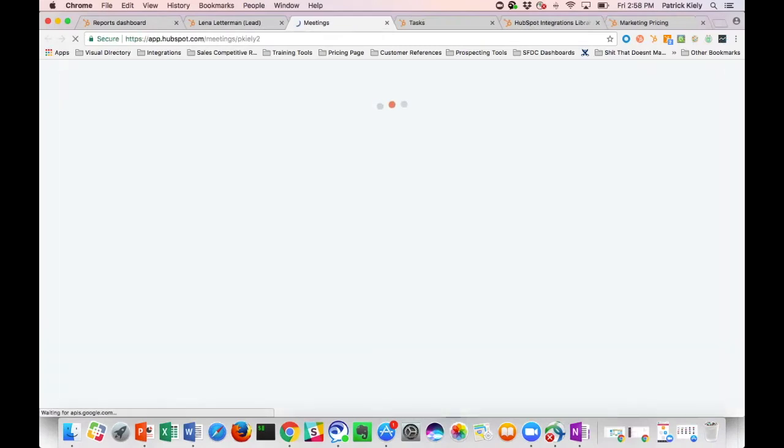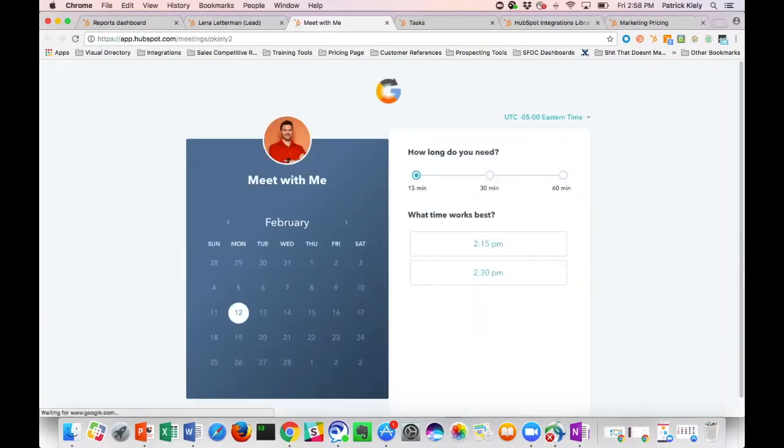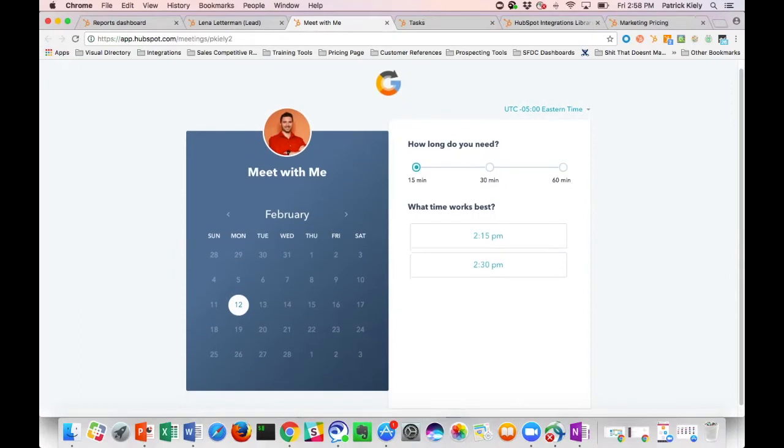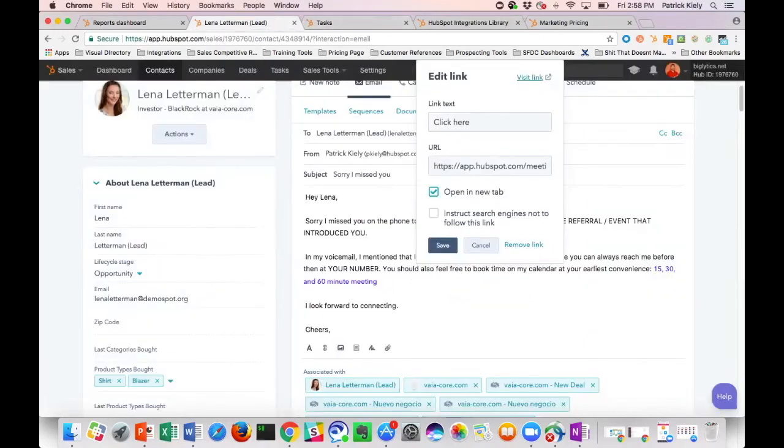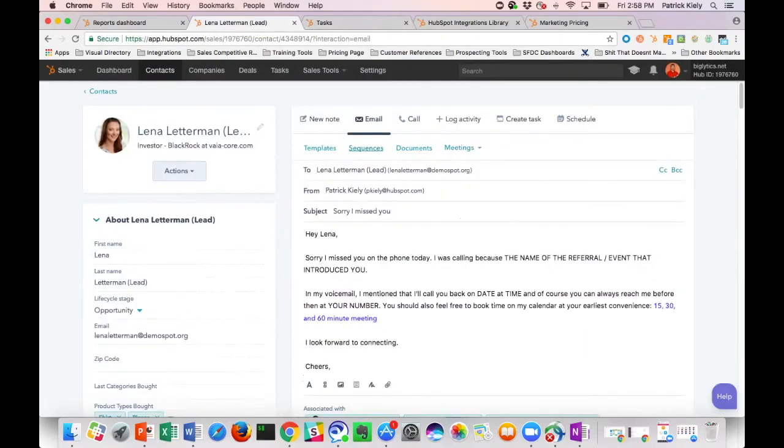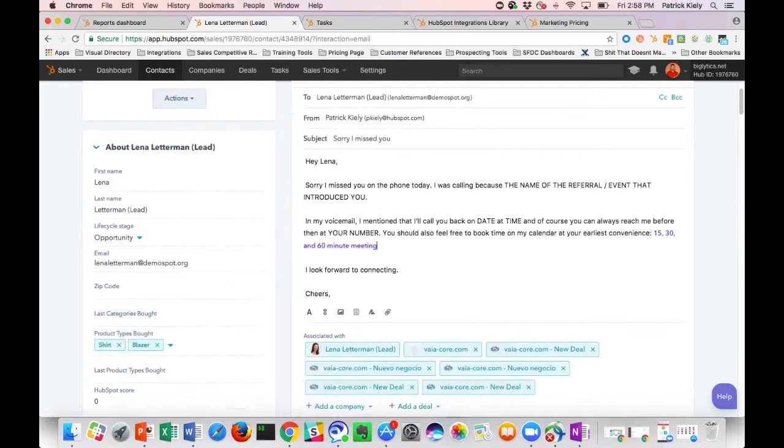And this is what that link's going to look like to the customer when they click on it. So it's going to be a view of your calendar. They can pick what day of the week that you're available, select the time, and also select how long they want that meeting for. And once they fill that out, it'll automatically put an invite on your calendar. You can also send sequences right from here, embed documents into this template or email, and then any other sort